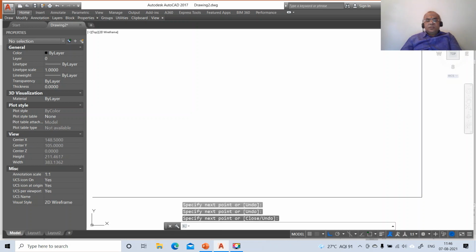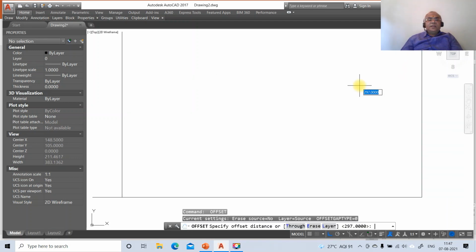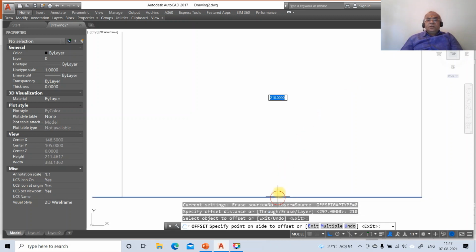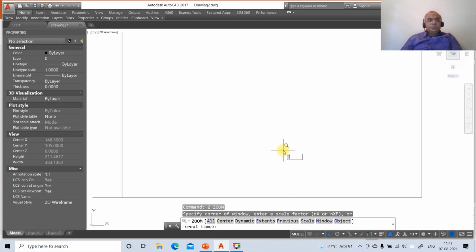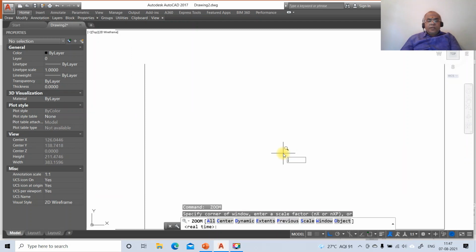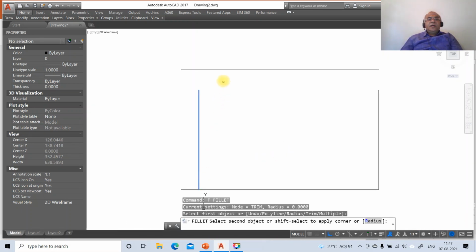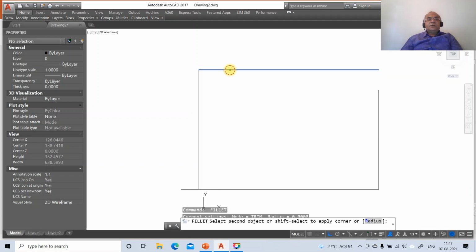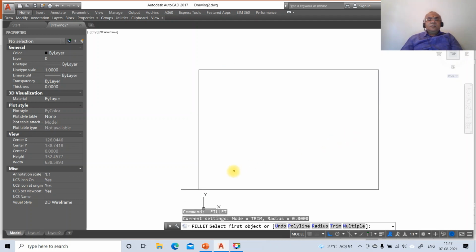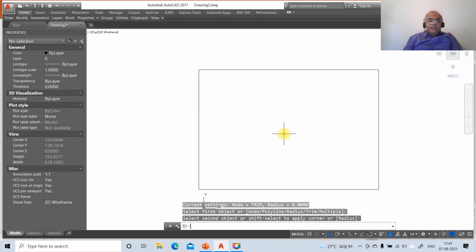Then go to offset, take the distance as 297, select this vertical line and offset to the left side, and go to offset, take the distance as 210, select the horizontal line and offset to the top side. Then go to zoom extents, zoom 0.6x, then go to fillet between this vertical line and this horizontal line, and between this horizontal and this vertical, between these two. Once you do that, now we'll go for the layer command.